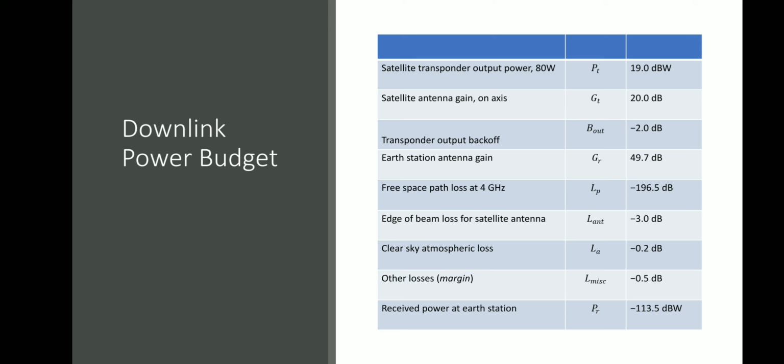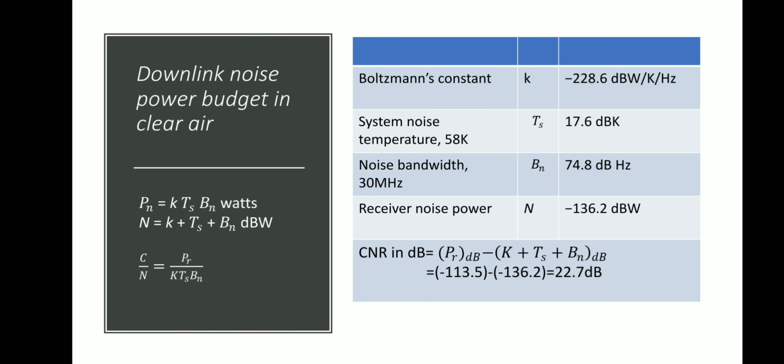This is a kind of loss we have. All the losses we'll write with the minus sign, and everything that leads us to gain something we'll write with the plus sign. So PT is the power, it has to be written with plus. Gain, obviously an increase of something, has to be written with the sign of plus. Moving ahead to the earth station antenna gain, again plus 49.7. Then the losses, free space loss, as we have written here.